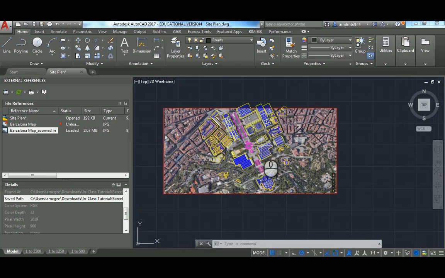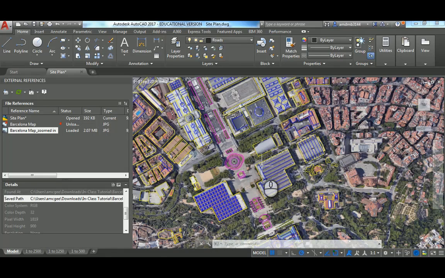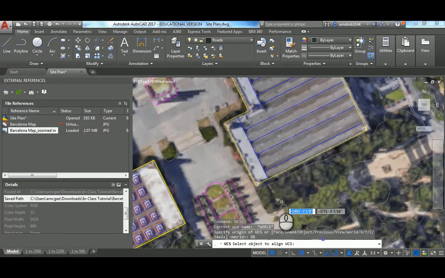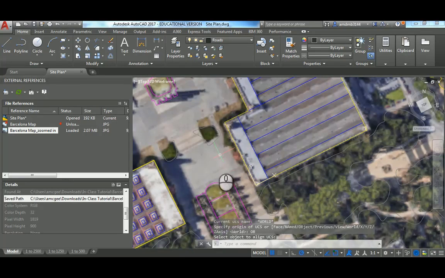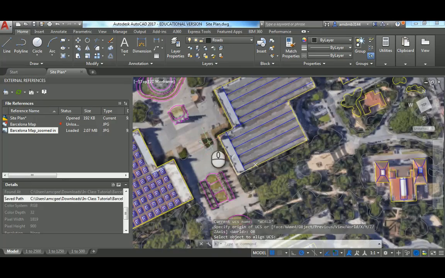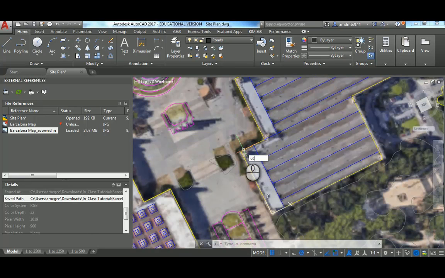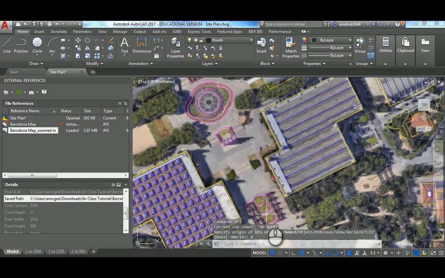So if I wanted to do what I did in RHINO, I could type UCS again, or in your case, for the first time. And there's a series of different ways that you can orient it. In some cases, you can orient it to an object. Say, I have a closed shape here that I want to just orient it to immediately. I could click Object and click this, and it should reorient it to that object. You can see that the orientation changed. But that also relies on me having drawn that information, right? So if I type UCS and click World again to reset,